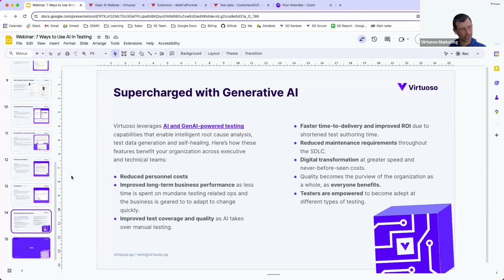It's not so much reducing your personnel costs, it's more reducing costs per test. So you can have people being more productive, reduce the cost per test, improve your long-term business performance, particularly with that maintenance piece, particularly with the fact you can easily run regression tests on an ongoing basis. You can improve test coverage and quality. You can get faster in terms of delivery, and with the return on investment you put into your testing, reduce maintenance, perform digital transformation. If you're deploying lots of new applications, you can do that at speed, but with quality,